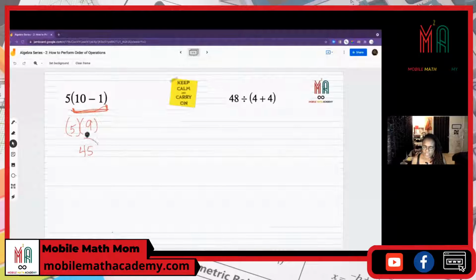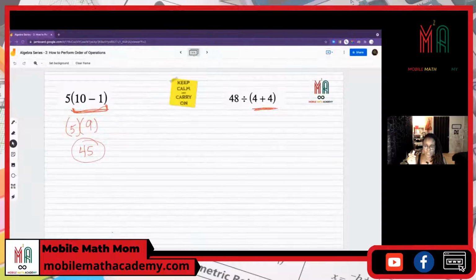Next one, we have parentheses. I know we talked about multiplication and division coming first, but remember, parentheses supersede multiplication and division. So whatever's in parentheses, we perform first. 4 plus 4 is 8. 48 divided by